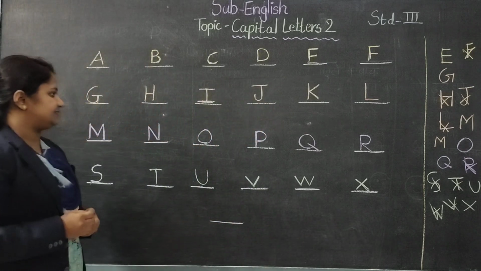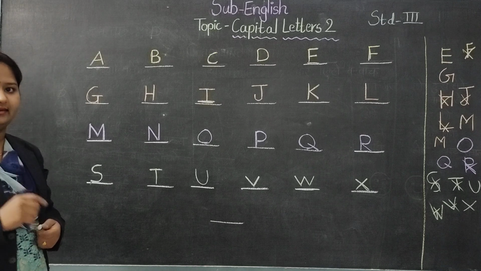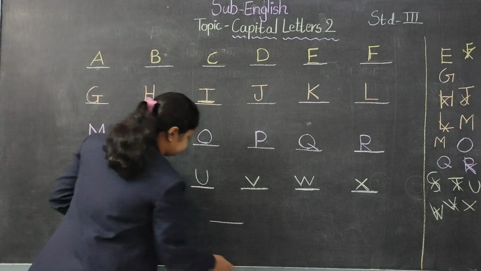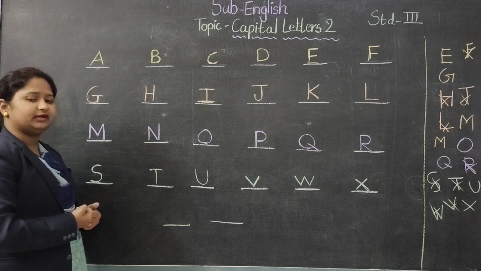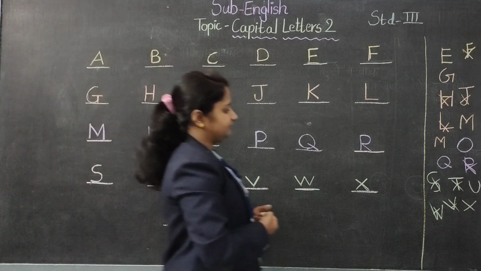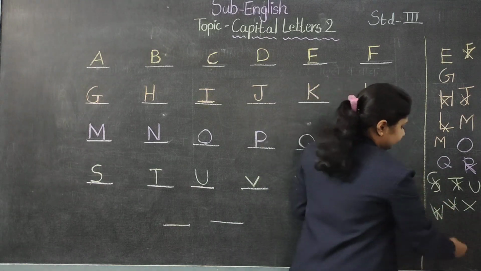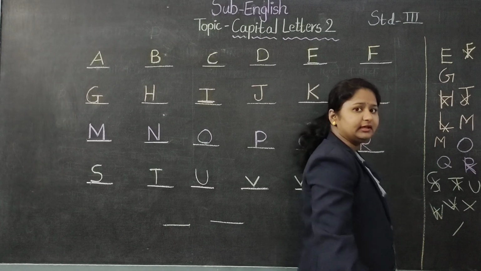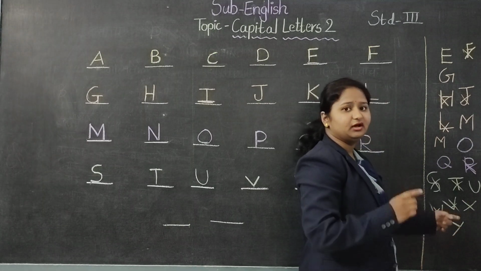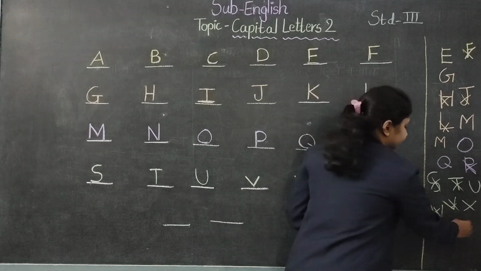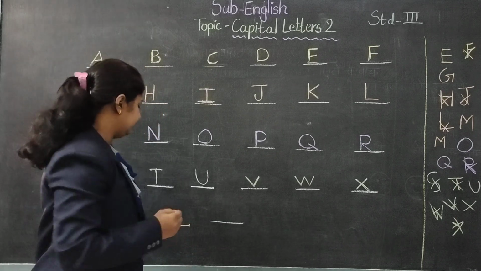Now one more letter is remaining. Okay, we'll do letter Y. Now we'll see the correct way of writing letter Y. We have some space here. What do some of the students do? They first make the slanting line, and then they make another small slanting line. But this is the wrong method of writing Y. This is wrong. You see the correct method of writing letter Y.